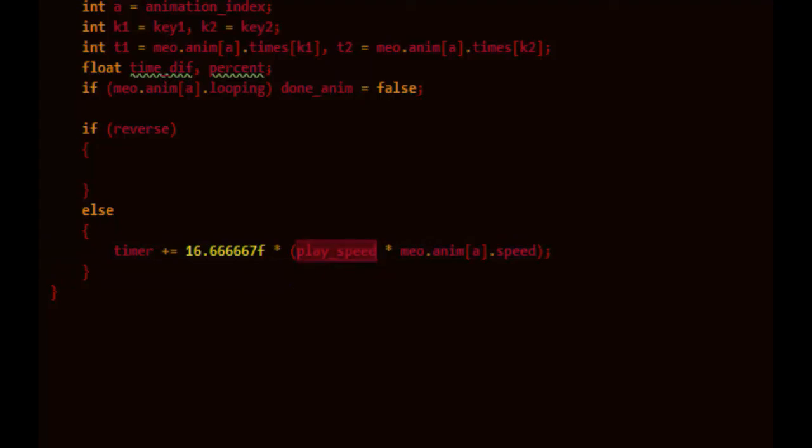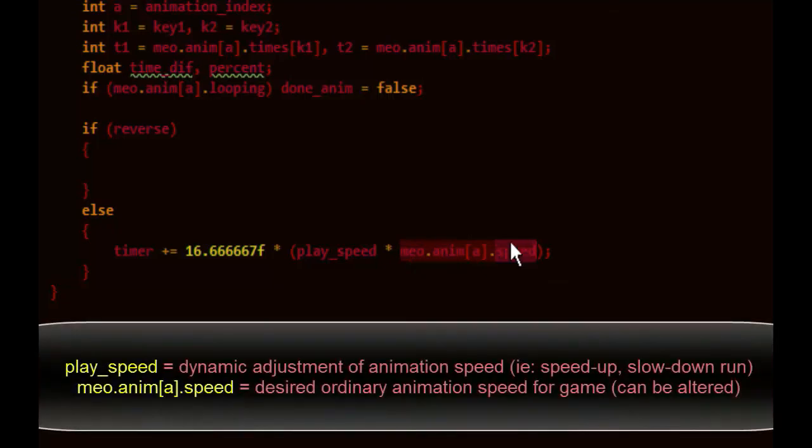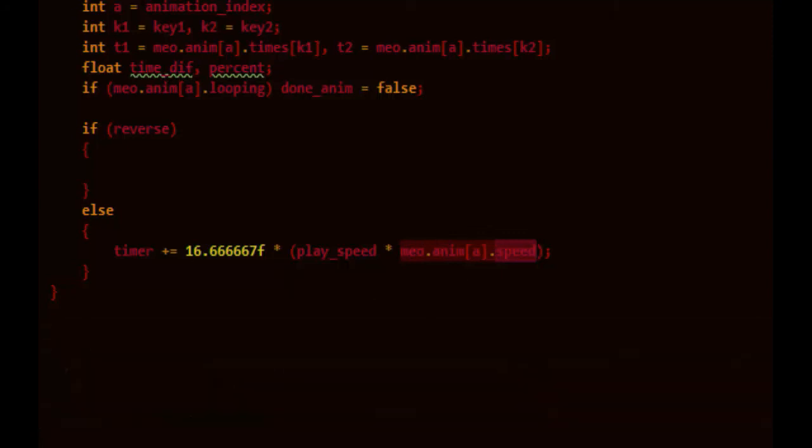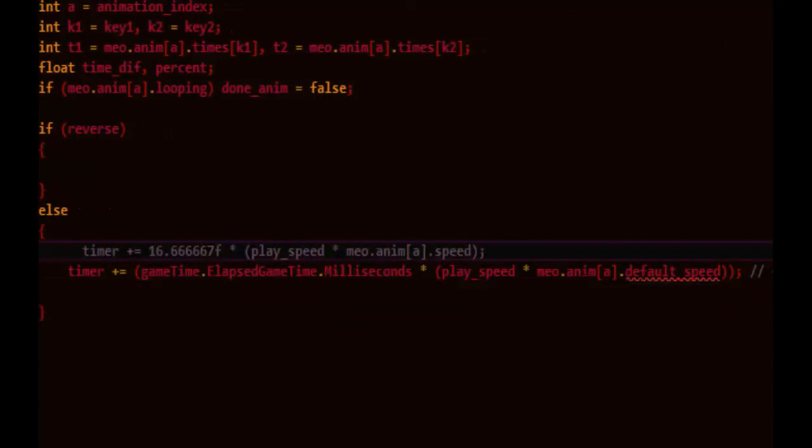So that speeds up or slows down how fast this timer has advanced. So later on when you're setting up animations and initializing or doing custom initializations, you can set each animation speed. So if it's a walk animation or whatever, and you know how fast it was in the original editor and how fast you'd like it to be in the game, you can kind of adjust it that way. Your timing's done in milliseconds, and when you're using game time, that's clearly what you'd be wanting to use. So for example, you could use the game time milliseconds and then do exactly the same thing to adjust the